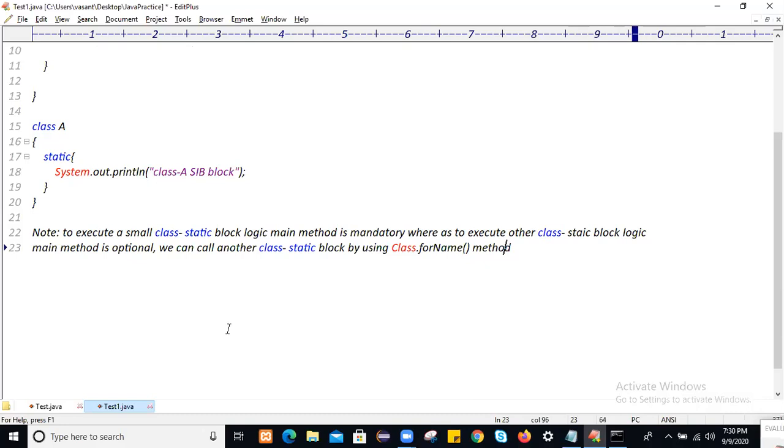So actually this forName method will accept one argument. The forName method will accept an argument of that class whose static block you want to execute.